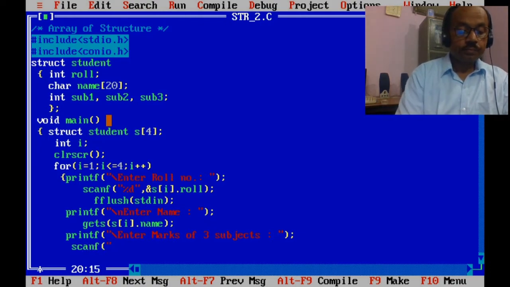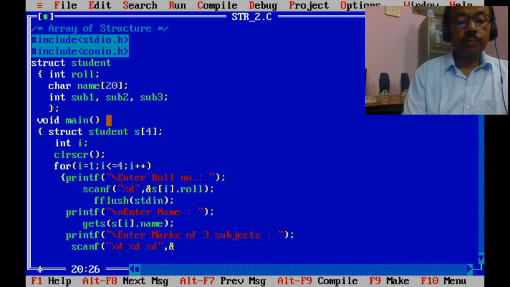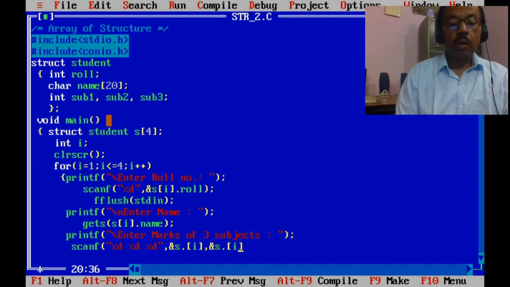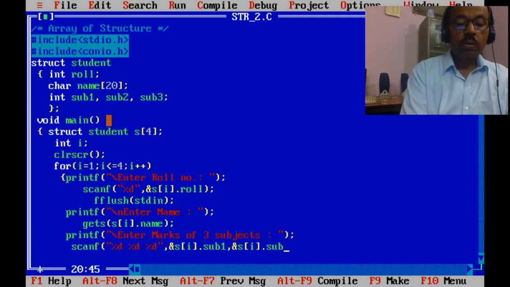scanf %d and then ampersand si dot sub1, ampersand si dot sub2, ampersand si dot sub3.